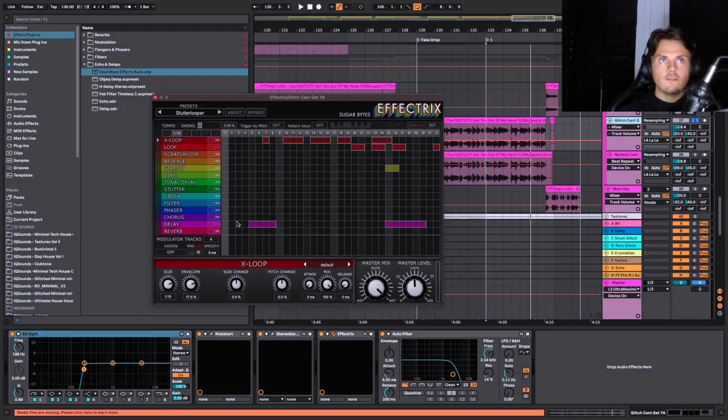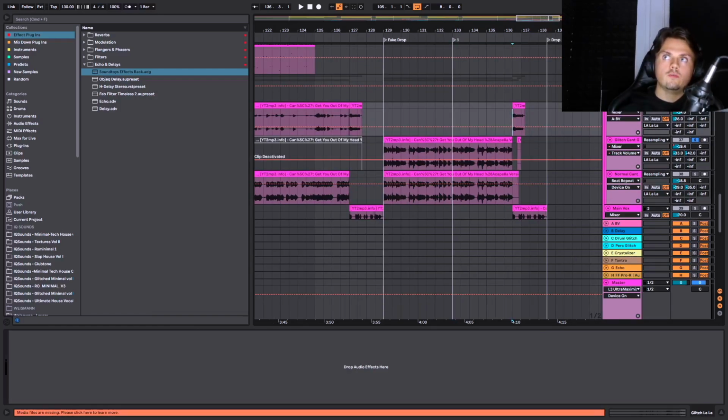And I often find the best way to use this plugin, again, like I just said with beat repeat, is to sit there, play around with the different parameters, put them in different places, and just have fun experimenting. And then when you get something you like, I would recommend freezing and flattening it, so then you can experiment again, see if there's something you prefer or something you can add with variation. So then you have 2 glitch variations that you can have at the start of the track maybe, and then 1 at the end. Other than that, for the vocals, we have